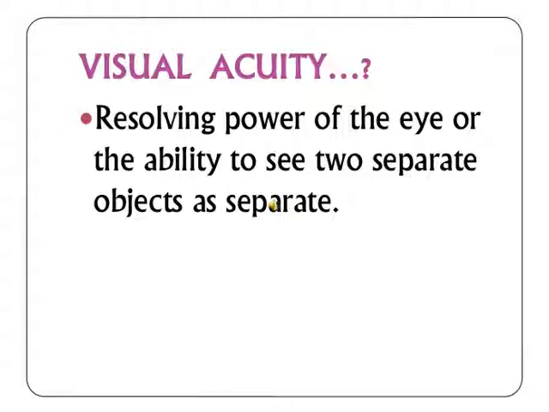So, if we increase the distance, then these two points may appear as one. So, the visual acuity can be measured by the visual angle. Visual angle means the angle subtended by that object on the eye. And when the visual angle is a minimum of 1 minute, then only we can recognize two objects as separate objects. And what do we mean by 1 minute? 1 degree is 60 minutes. That is, 1 minute means 1 upon 60 degrees. So to resolve two objects as separate, the minimum separable distance should be 1 minute between them.